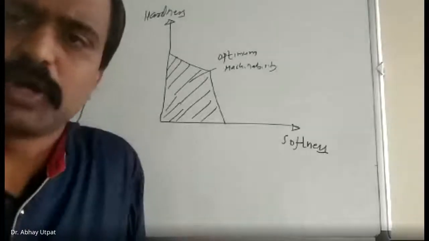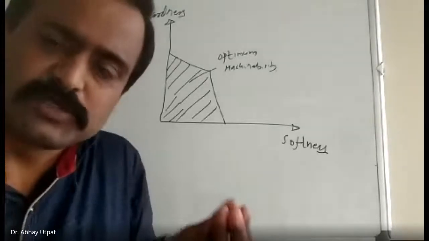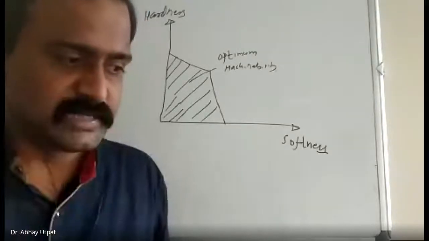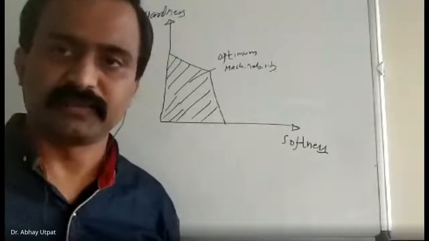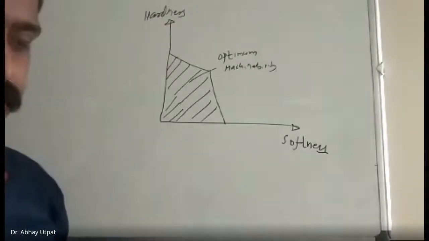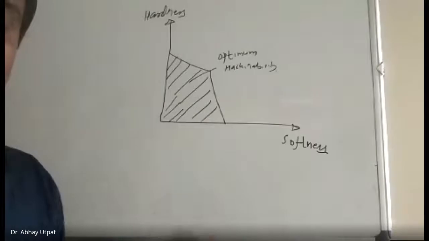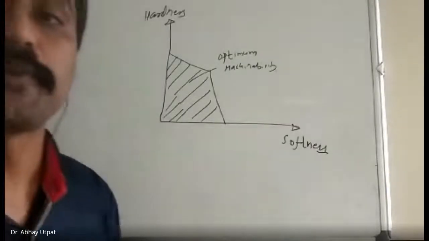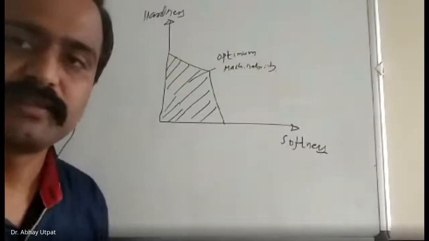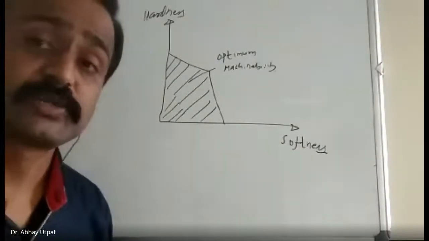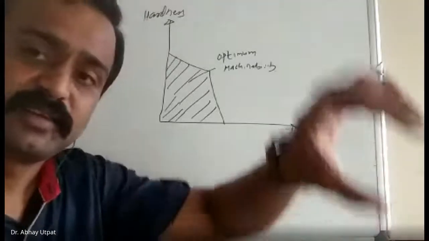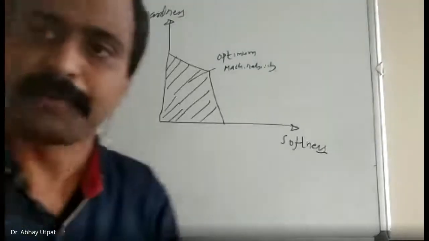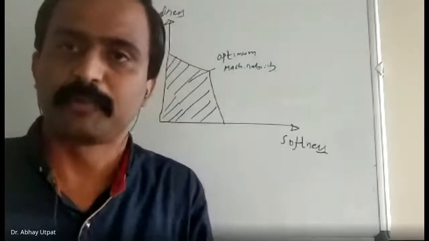So if it is very soft, you want to reduce the softness. So cold working is one of the best options for it. Right hand side, cold working or cold worked state. The condition for optimum machinability is that it must be in the cold worked state so that you can machine it easily. That's why, whatever bars are available in the workshop, you have carried out job operations like turning, facing, grinding, whatever the operations may be.